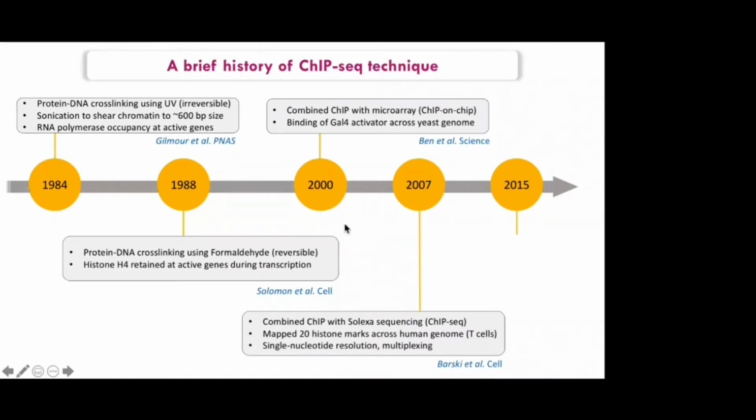So that was good timing, because Solexa, the next generation sequencing company, was founded at Cambridge University. I think that was back in 1998, but the technology took a couple of years to develop. By the way, Solexa was later acquired by Illumina, but that's another story. When ChIP was combined with next generation sequencing, Solexa sequencing, that was the breakthrough in ChIP-seq, and in a way, the first ChIP-seq paper. In just one paper, they mapped 20 histone marks across the human genome, RNA polymerase, to CTCF, and there's a lot of information in that paper. And I'll briefly touch upon some of the key